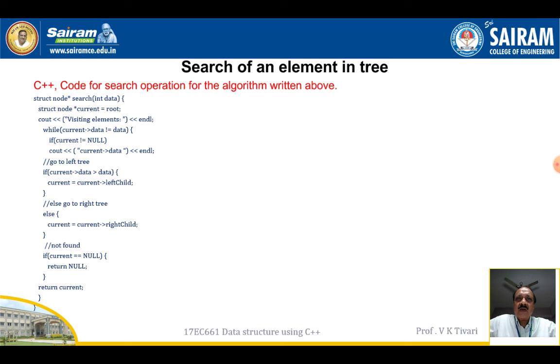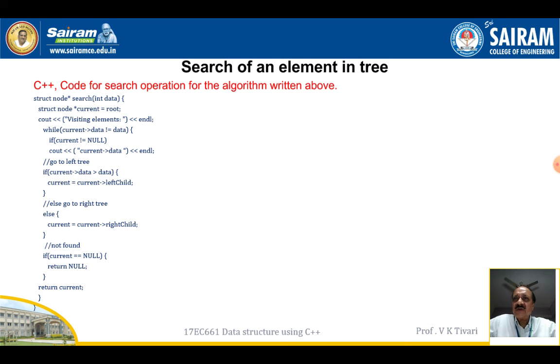Search of an element in tree. We are going to write the C++ code for the algorithm we discussed above. Here also we define a structure node and a search operation with integer data.